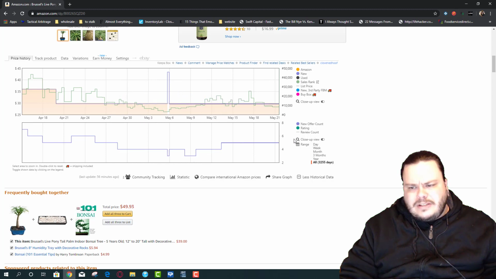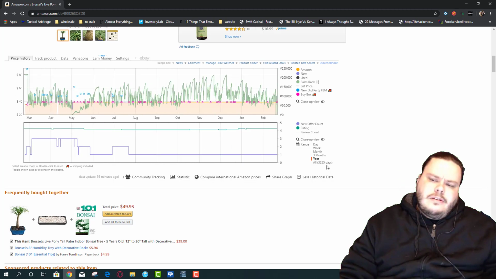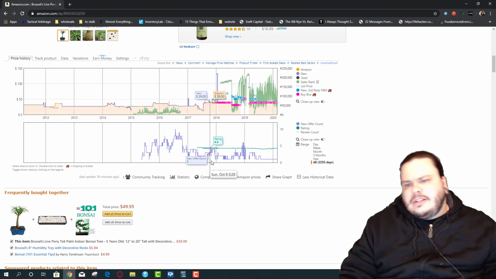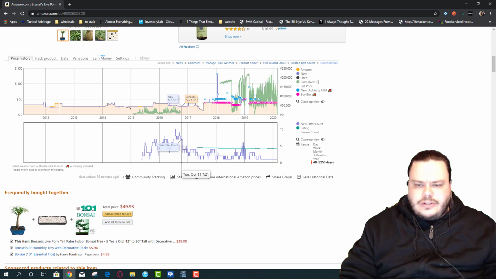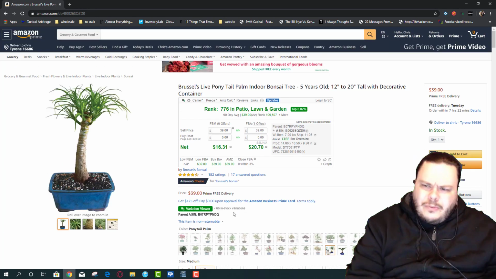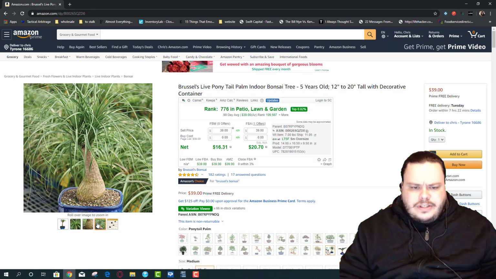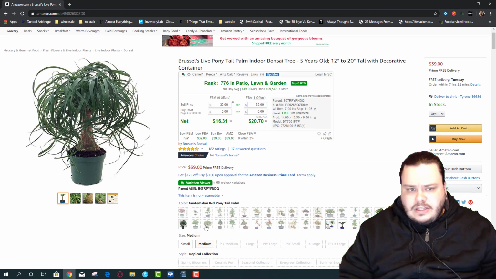Because it seems to sell best right. But I wonder if those were Easter times. It's entirely possible that this sold real well, but this is cool. We do have offer counts going in and out on this. You don't know exactly how that would work, but I don't really know this category. I've never sold a live plant on Amazon, so I don't fully know, but interesting to say the least.